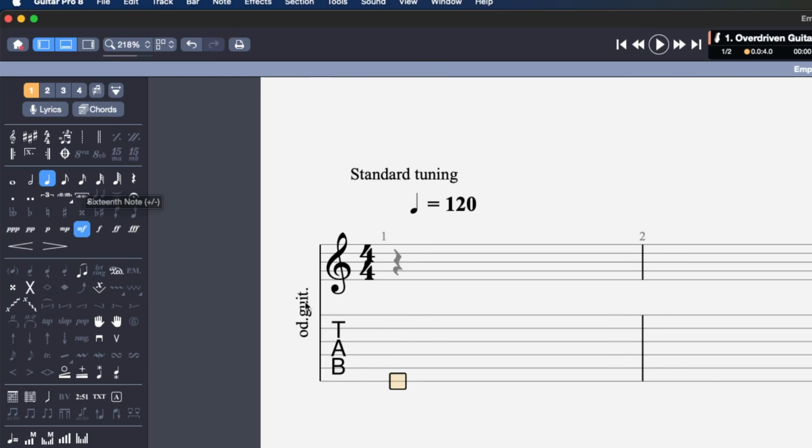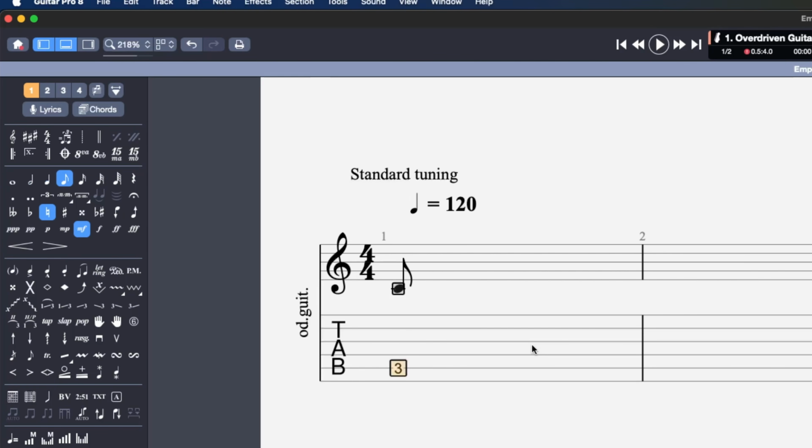So rather than needing to come over here and press buttons, now when I press 3, if I press minus on my keyboard, it's going to make the note longer. If I press plus, it's going to make the note shorter. So if I want to write out something in Guitar Pro, rather than having to jump between input and then clicking a rhythm, I can do